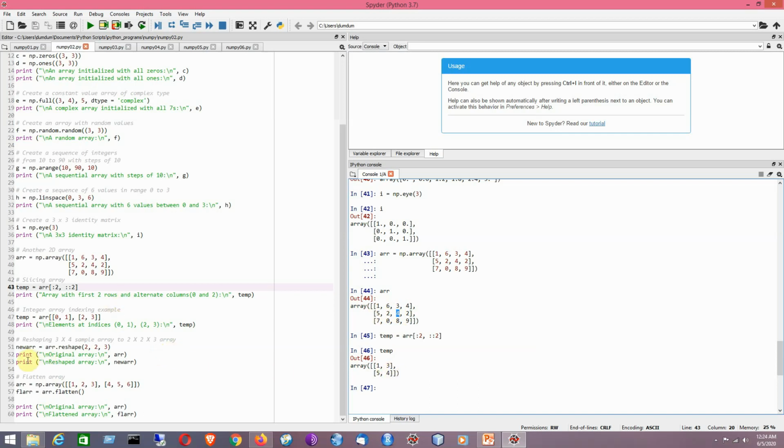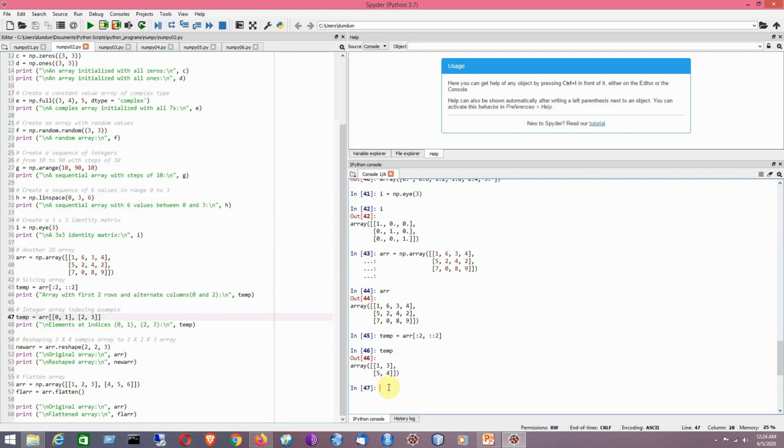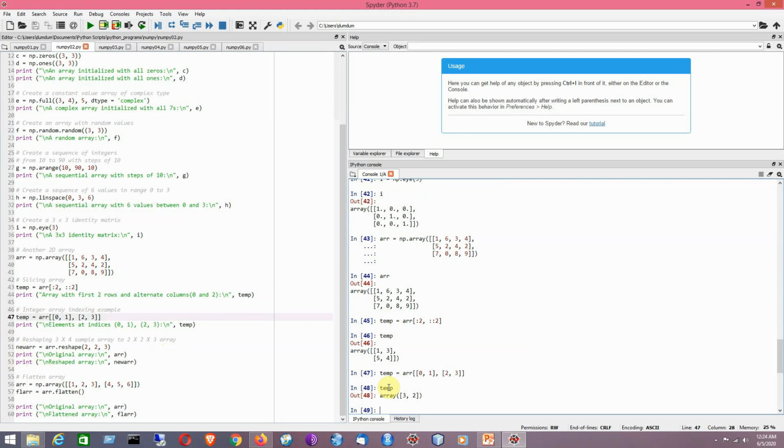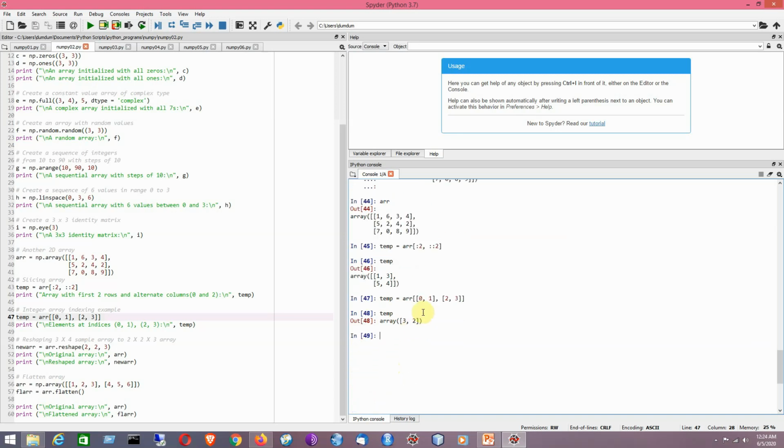Now we are going to consider the example of integer array indexing. So now I would like to check what is the contents of the array that is being created. Clear? So that is the idea. So in that way I can check here.